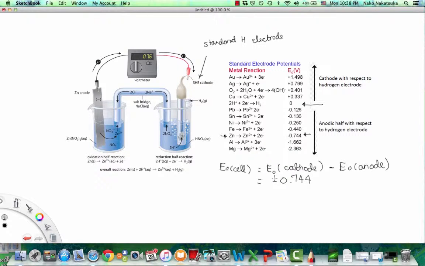And so we're going to make this positive minus the anode, which is just the hydrogen electrode, which is 0, and we get an E cell value of plus 0.744. As you can see, since it's a positive value, the reaction is spontaneous, and the voltmeter reads a value